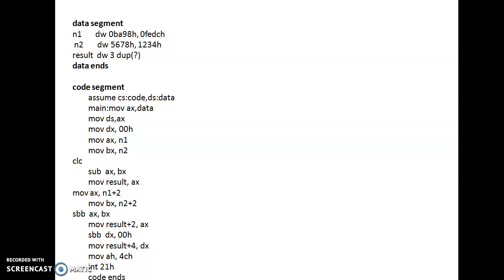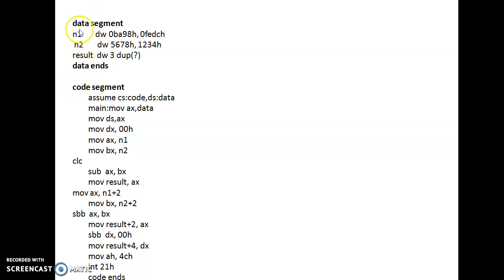If it is an 8-bit number, then we can use DB instead of DW, define byte. It means we are informing the assembler that it is going to expect a byte, that is an 8-bit input. Then N1, N2, and then the result. The result is also a defined word.